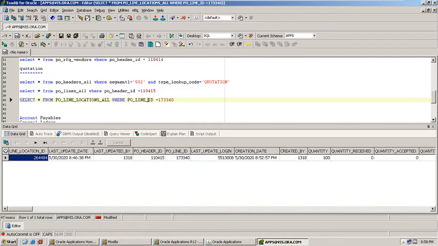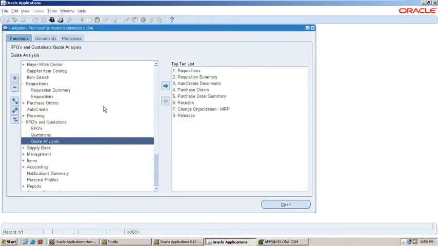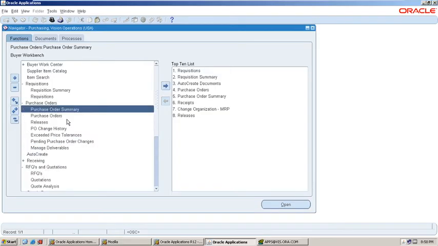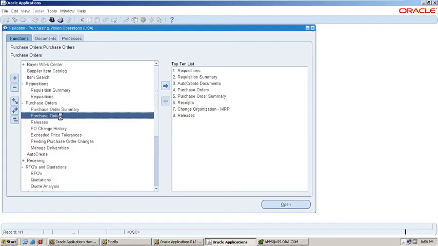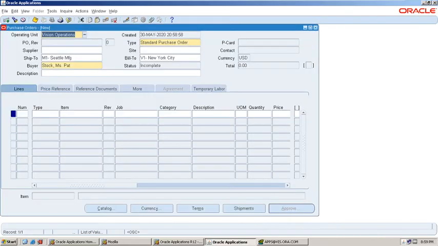Next step: once the quotation has been completed, that means we know the supplier details, then we will go for creating a purchase order. Now create a purchase order. While creating the purchase order, you need to provide the supplier details.